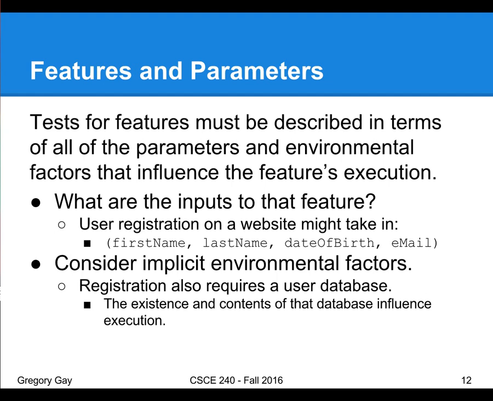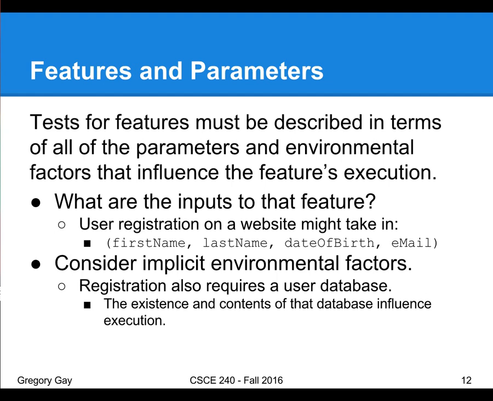Right, so those are things you obviously have to come up with input for, and then expectations on the outputs. But you also need to consider any environmental factors that can then influence the system's execution. If you're registering users, what else is sitting out there that might influence how the system behaves? Well, there's a database, right? Presumably a database of accounts. If a user is already registered with that username or that first name or last name, well, then the registration is probably going to reject the attempt to enter this new account. So that's an input to that feature, the database.